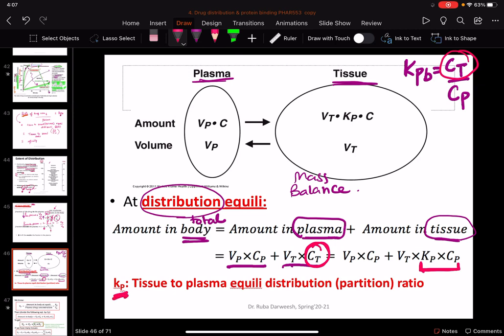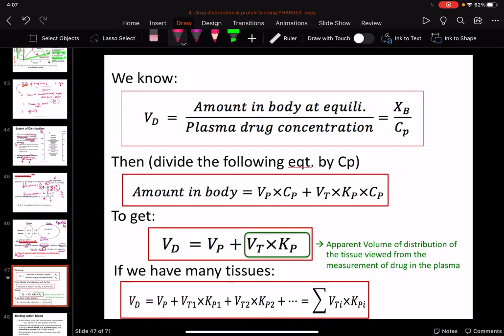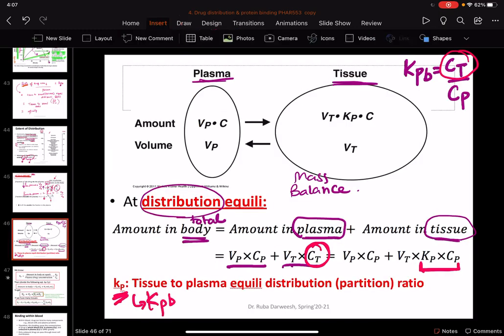And again, I'm just mentioning it's the partition ratio or the distribution ratio, which is the same as I already mentioned. Okay, so again, it's the amount in the body, which is equal to this term. Okay, let me just write it from here,